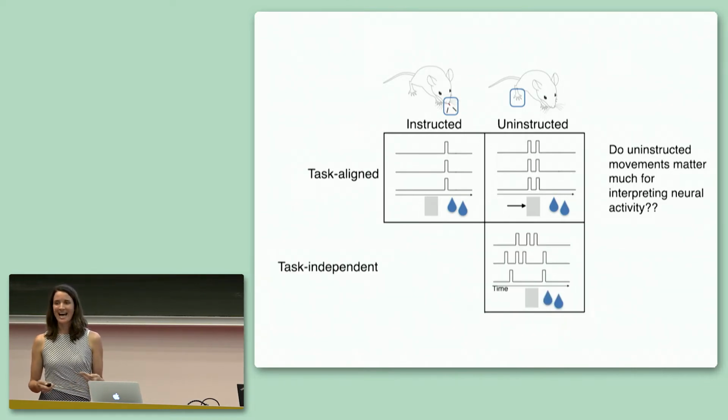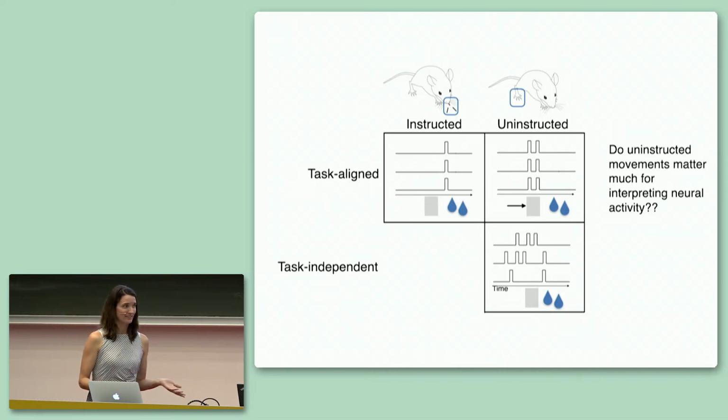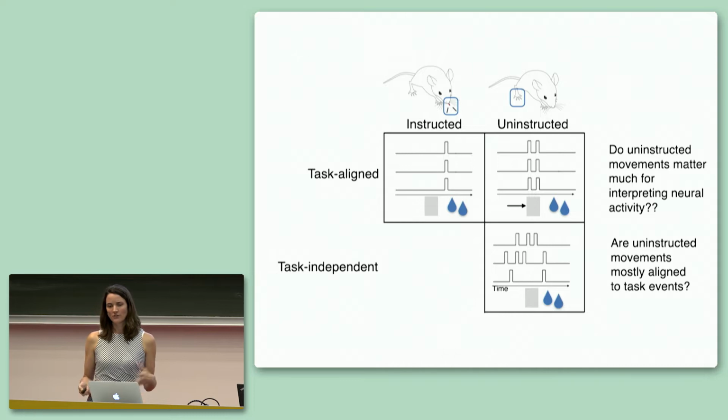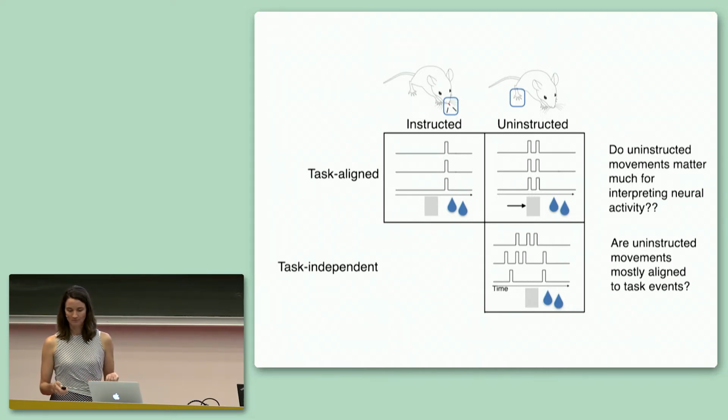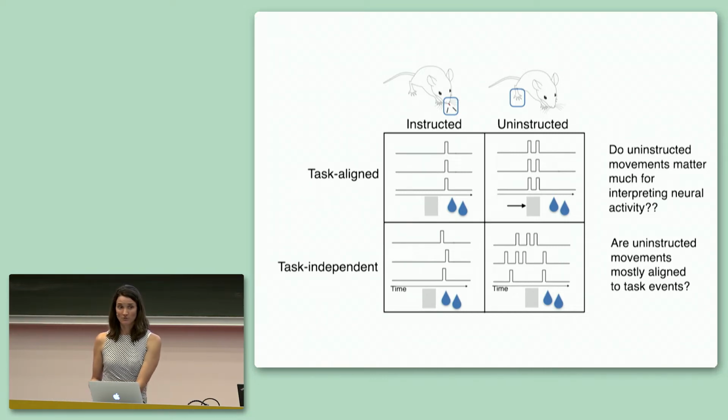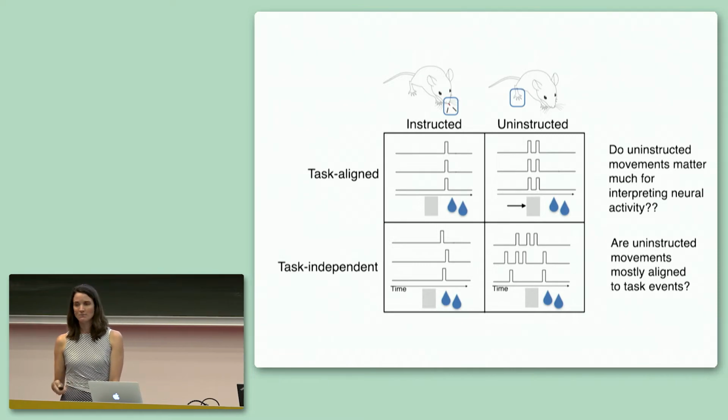But there might also be task-independent uninstructed movements. That is, they occur idiosyncratically on each trial and don't really have anything to do with the structure of the trial. And so we wondered, are these uninstructed movements mostly aligned to task or trial events, or are they mostly independent? And just to complete the matrix for you here, of course, the instructed movements that we taught the animal have a small task-independent component as well, because even though we train the animal to make its decision when the beep sounds, there's a little bit of reaction time, so it varies a little bit from